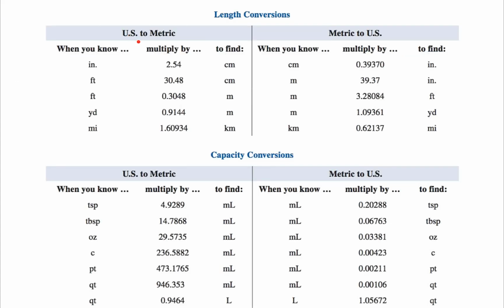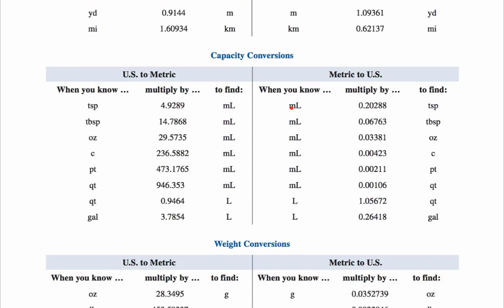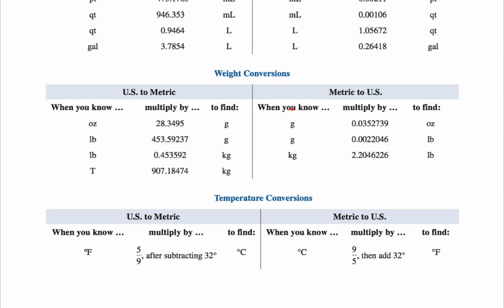In this table, you'll notice on the left side of the table, we have all the conversions to go from the U.S. system to the metric system by giving us a multiplier. On the right side of the table, you have all the conversions to go from metric to U.S. There might be a few missing here and there, but this is a pretty good list. The first part of the table has length conversions, and then we have capacity conversions, and then weight conversions, and